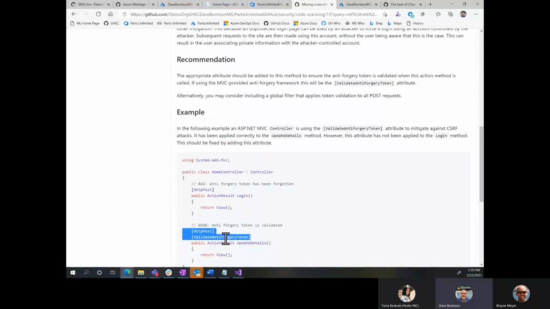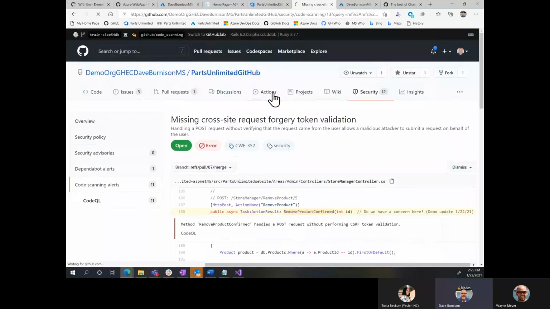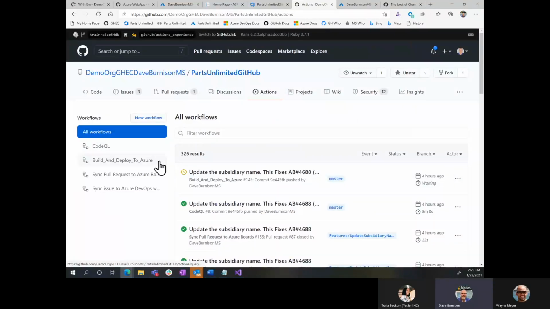So just a quick deep dive of the integration between Azure Boards and GitHub Actions, and showing how you can use GitHub Actions for so much more than just CI/CD. So yeah, I've got my build and deploy, I've got sync pull requests. CodeQL is that process that runs to scan all my code and everything. So let me check my notes and see if there was anything else we wanted to cover. Otherwise, I think I've covered just about everything here.